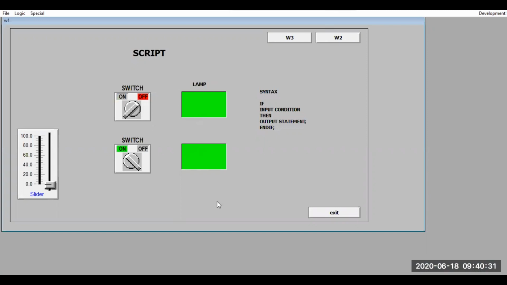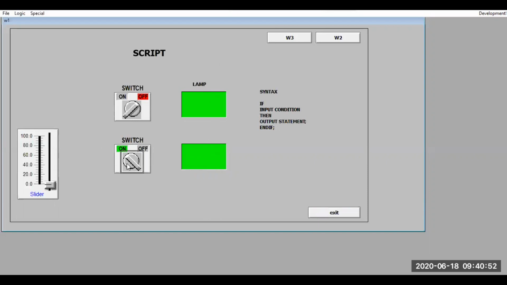Right. So this is a Windows script. However you write the script, according to that it will run. That's fine. Now I'm going to tell you one thing. So far in our InTouch runtime, if I have not turned off this, for example, see these lamp 2, both the lamps are in on condition.